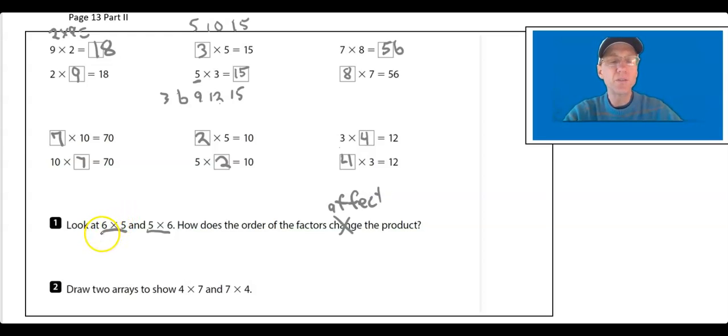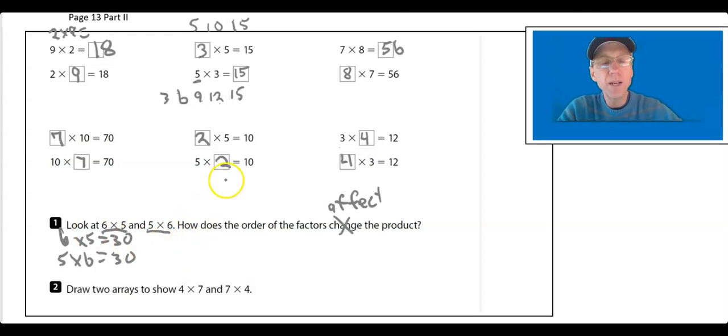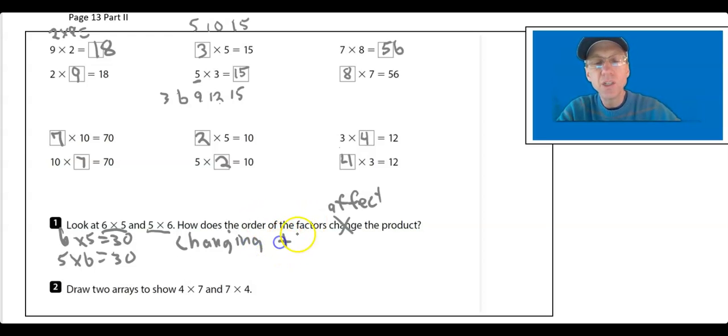Okay, if I have 6 rows and 5 in each row, 5 rows and 6 in each row, we know changing the factors, the product is not changed. Okay? So how does it change? You want to write in a complete sentence, so I would say something like, changing the order of the factors,